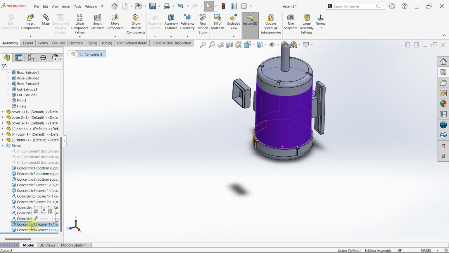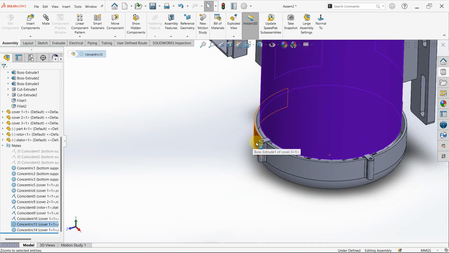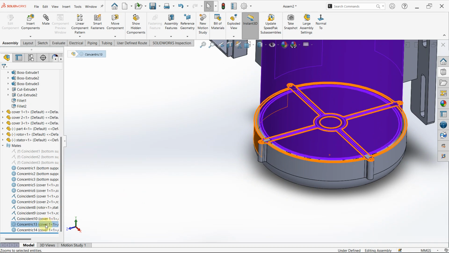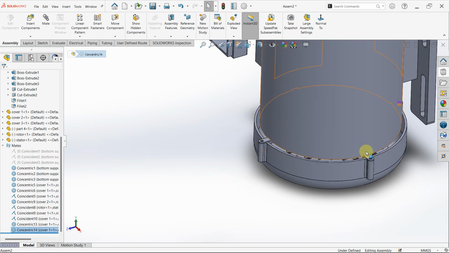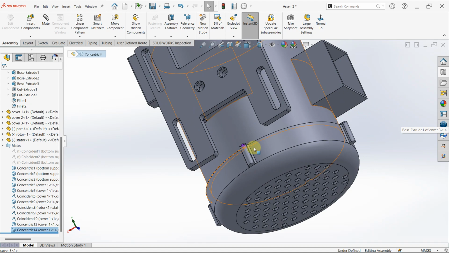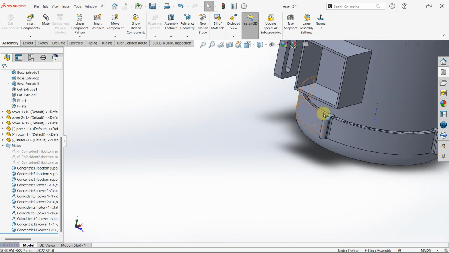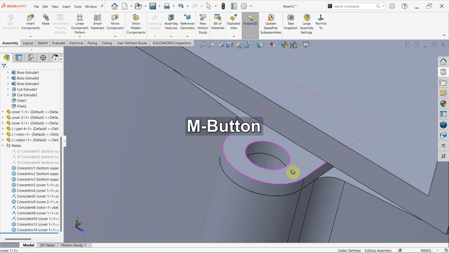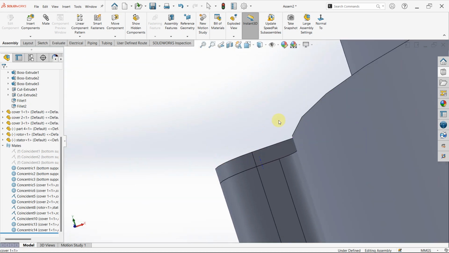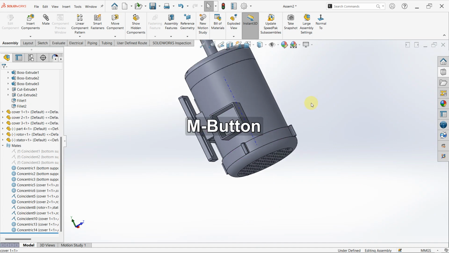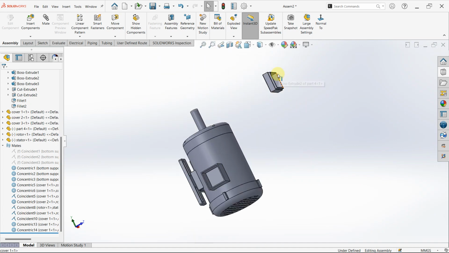The first one was this body and this curve, and also I added a concentric relationship to one of these holes. So that's all. The other holes are aligned. And I think the last part I'm going to add is